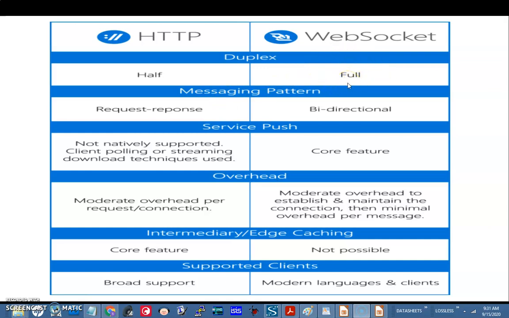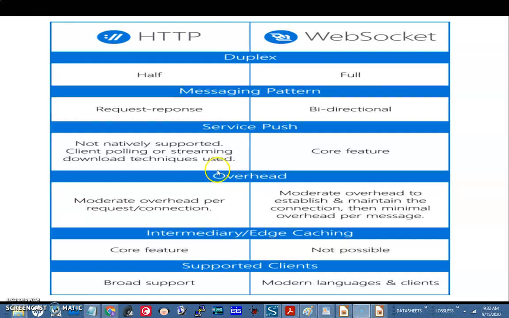That means both client and server can exchange data at the same time, and the server can also initiate connection, which is not the way it happens in HTTP. In HTTP, the connection is always initiated by the client. The rest of the features you can go through on the slide; pause the video here and understand.